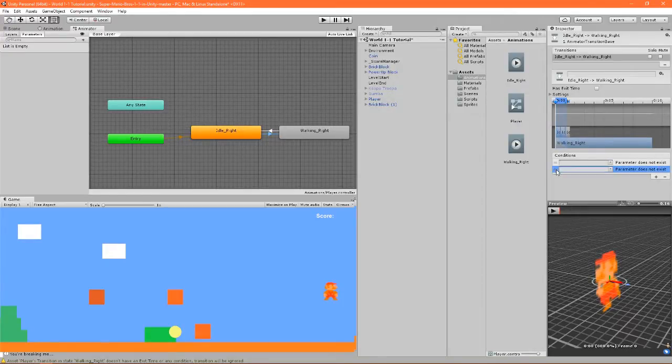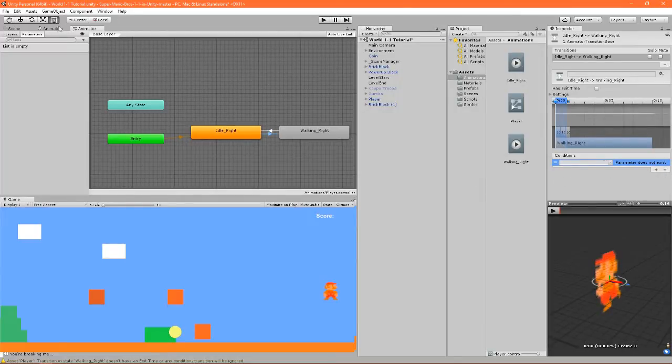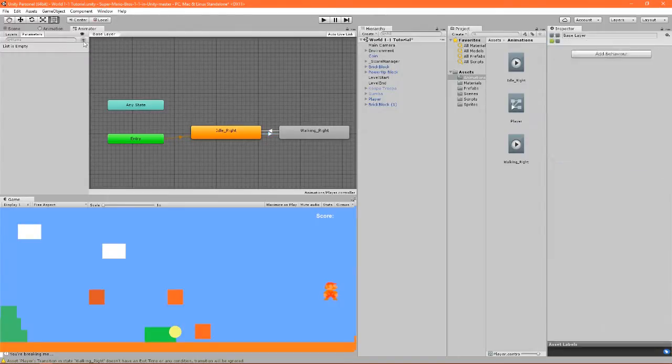So we go to click conditions and we don't have any parameters. So we select this minus, go back here, and if you go to your Animator window, you see that there is a plus button, and this plus button allows us to add parameters of type float, int, bool, and trigger. We're going to go for bool just because I like the action of having conditional flags. So let's go for bool, and let's say